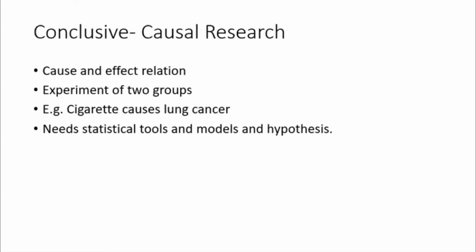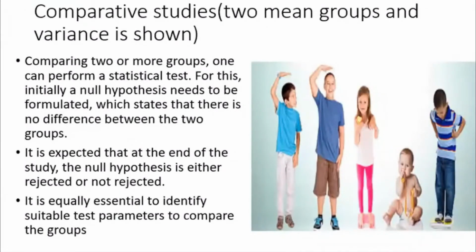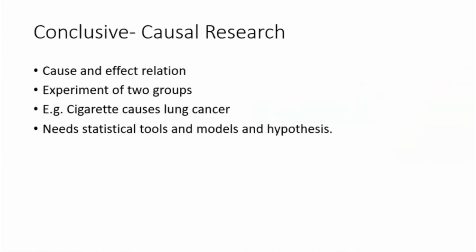And here we say that the two means are different. We are saying the average height of male and the average height of female is different. That is what we are getting from the t-test. But when we do a t-test in causal, what do we get? We say one is affecting the other.